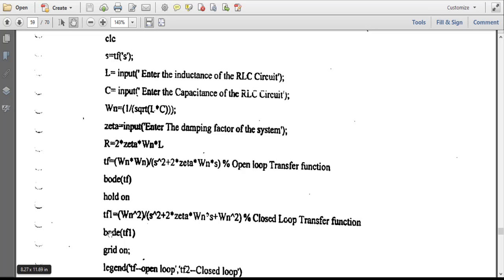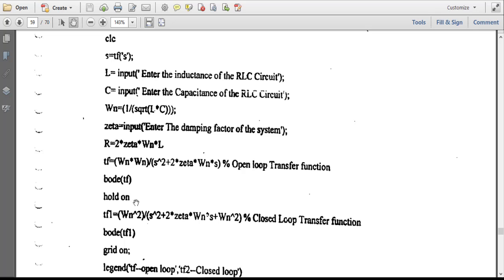Okay, and the body of TF1 is also written after that. If we do not write hold on, directly body of TF1 will be shown, and MATLAB will show it so fast that you will not see body of TF.